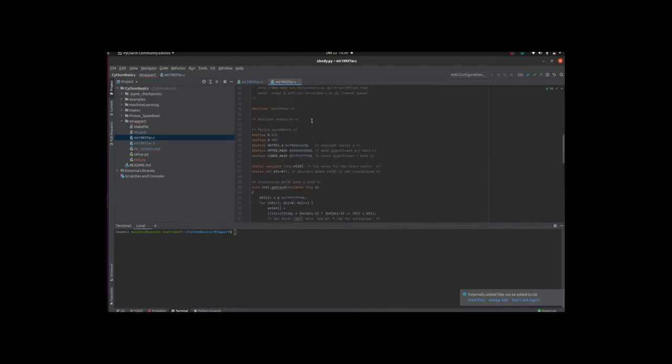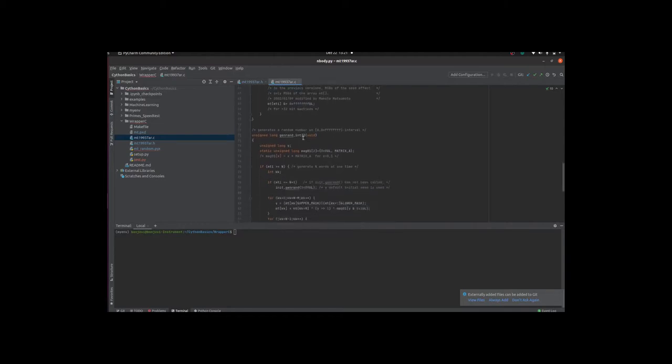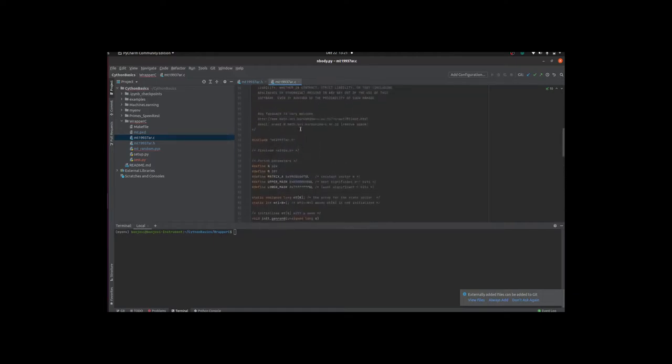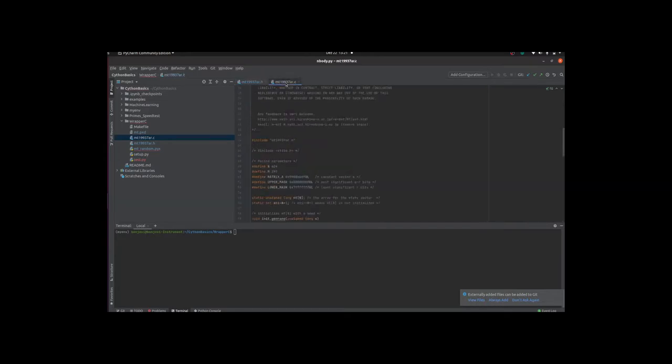This code generates a true random number. There is this function to which you have to give a seed, any random value to initiate it, and then it gives you a 32-bit unsigned long random number. And this is the header file for this code.